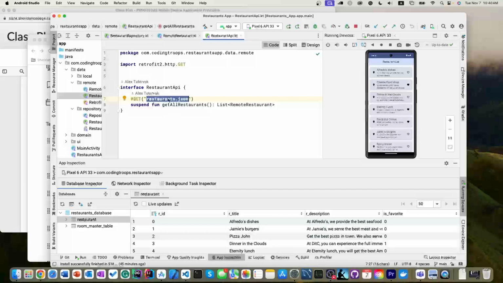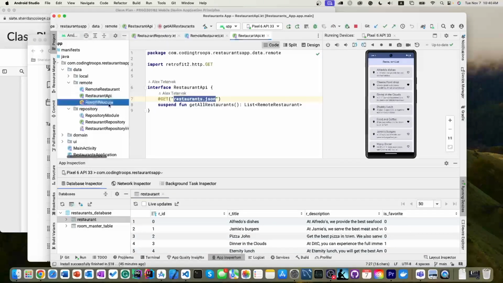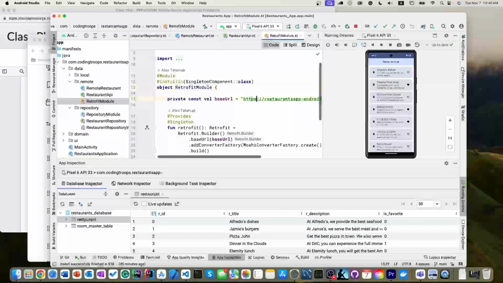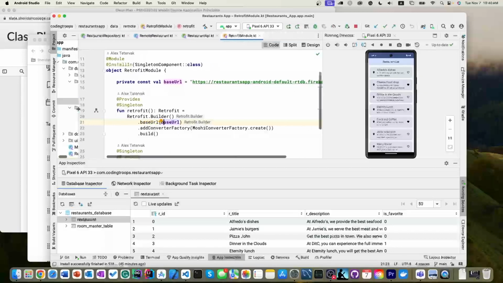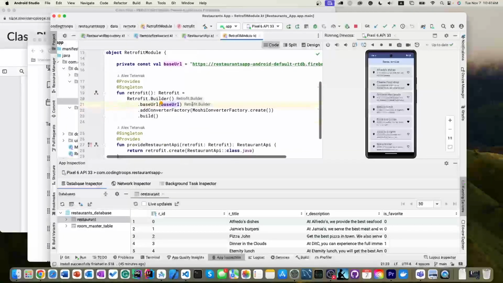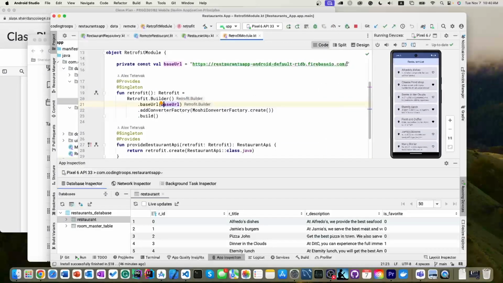This is definitely not the entire web address. It is appended to some base address. The base address is specified when we create a Retrofit object. You see, I define it as a constant, and this constant is inserted into the function call when we build the Retrofit object using the Retrofit builder. Okay. So that piece, restaurants.json, will be attached to this